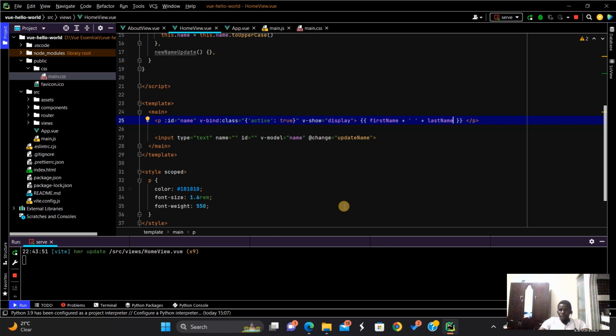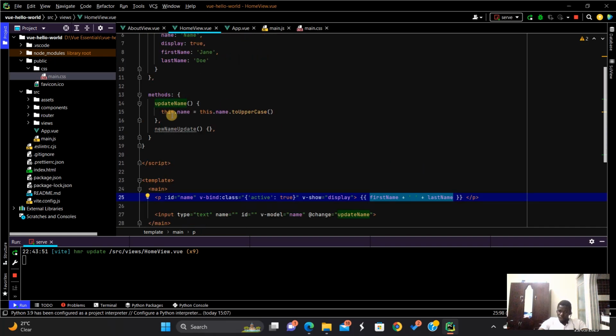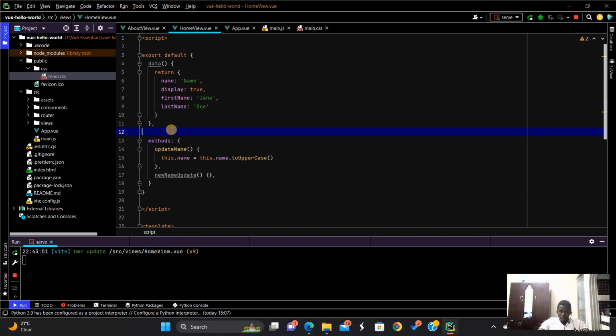But now, if I want to be able to set the name from this input field, and when I update it, it should reflect here, but I don't want to have this ugly code inside here. I want to keep it inside my JavaScript. That is where computed properties come in. To achieve that, we're going to create a new option called computed. And inside here,